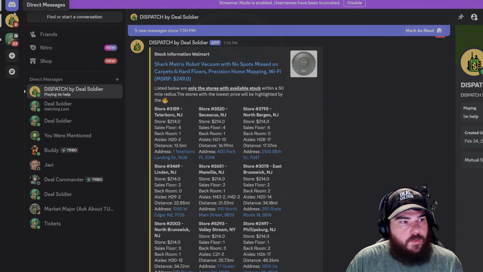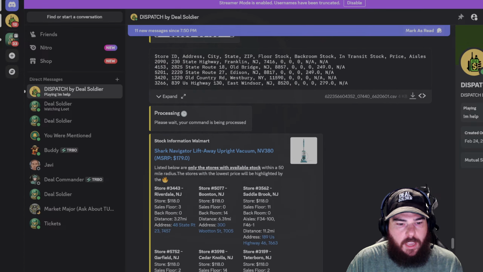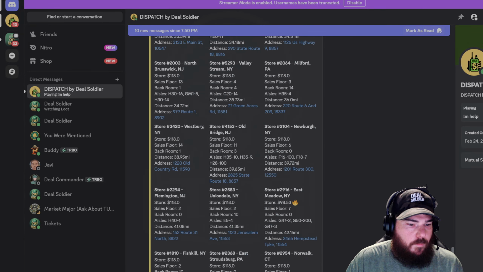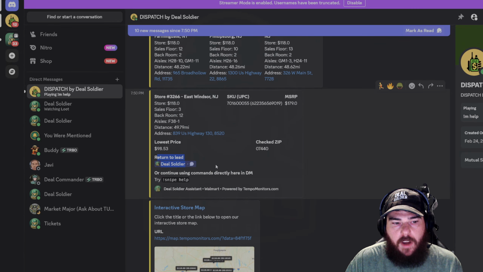So you're going to be greeted with this radio icon. It's going to search, and say if that vacuum wasn't clearanced out yet and you want to search another vacuum, but you don't want to go all the way back to the bottom of the list. What we have here is return to lead. And this will work for any of your searches.